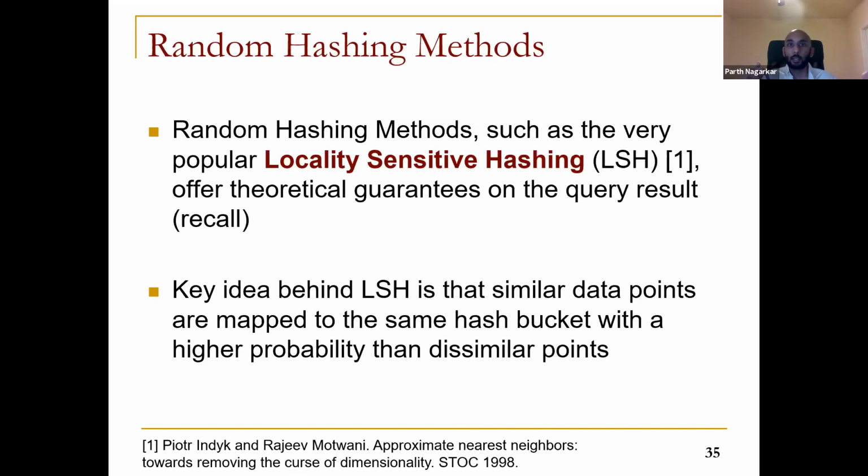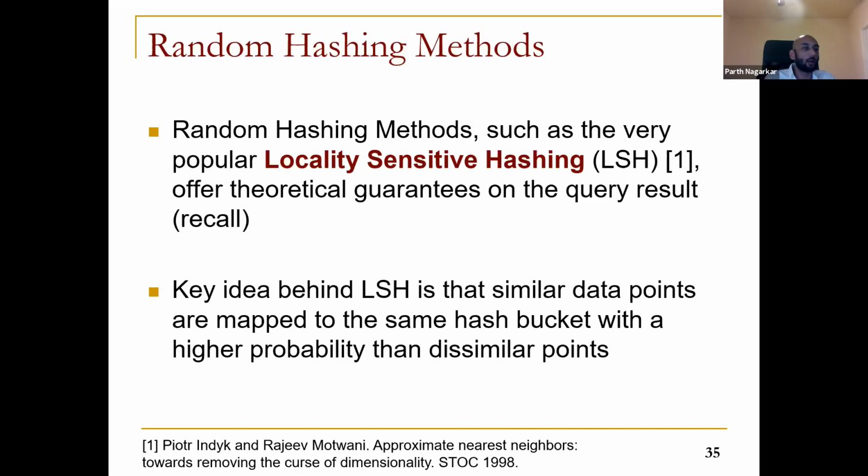distribution. So many techniques, especially in the machine learning community, and I will mention a few afterwards, would create these index structures that are more efficient for that particular data distribution. And I'll explain the pros and cons of that approach as well. Random hashing methods say that I don't care about the data distribution, but I'm going to create these hash functions such that the idea is that similar data points are mapped to the same hash bucket with a higher probability